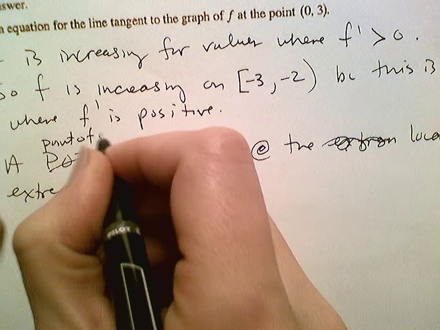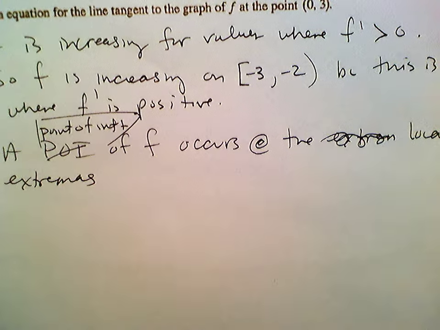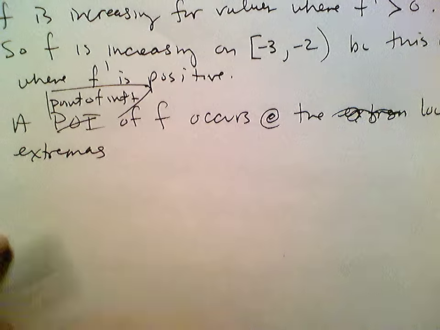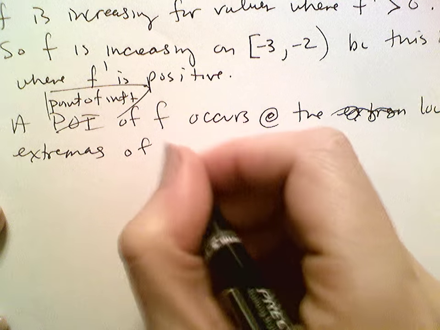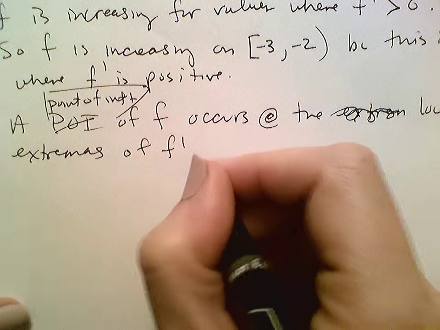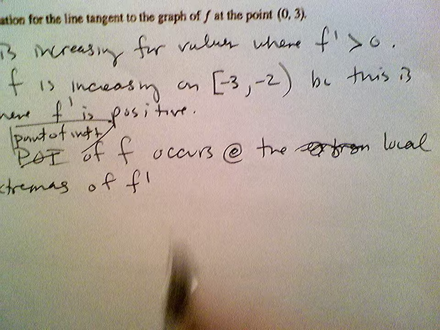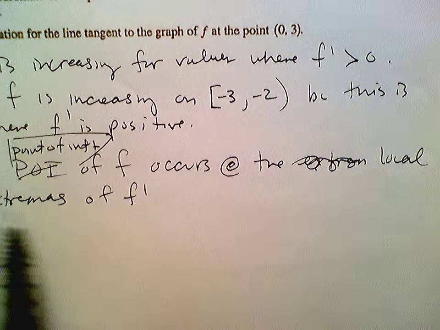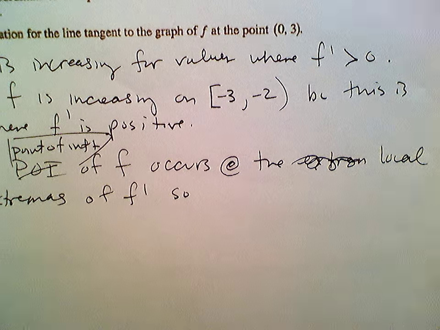A point of inflection of f occurs at the local extrema of f prime. I'm going to be pretty circular here, but I just want to be super sure that I get these points. At the extrema of f prime,